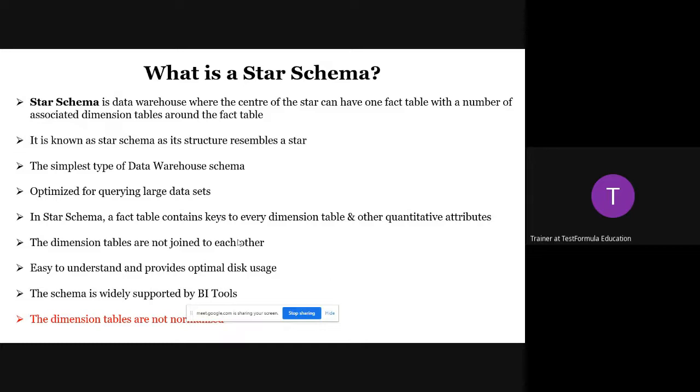It is optimized for querying large data sets. Why optimized? Because the tables are pretty simple. The movement is pretty simple. All the tables are connected to the fact table. No dimension table is connected to each other. Got it? Yes. Okay. In a star schema, a fact table contains a key to every dimension table and other quantitative